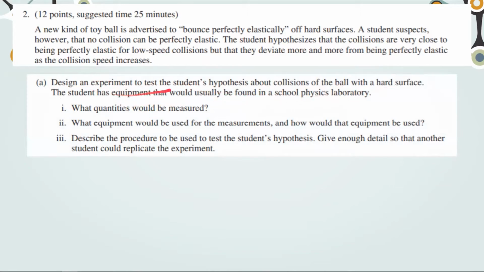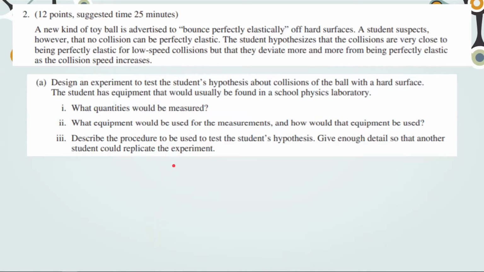So we want an experiment to test if a bounce is elastic or not at low speed and high speed collisions. So we want something that would have a ball bounce off a wall. We can either have a ball ram against a wall, or we can simply just drop the ball. Since dropping the ball sounds easier, let's go with that. So our experiment will focus on dropping a ball from a certain height, and then we'll see how far the